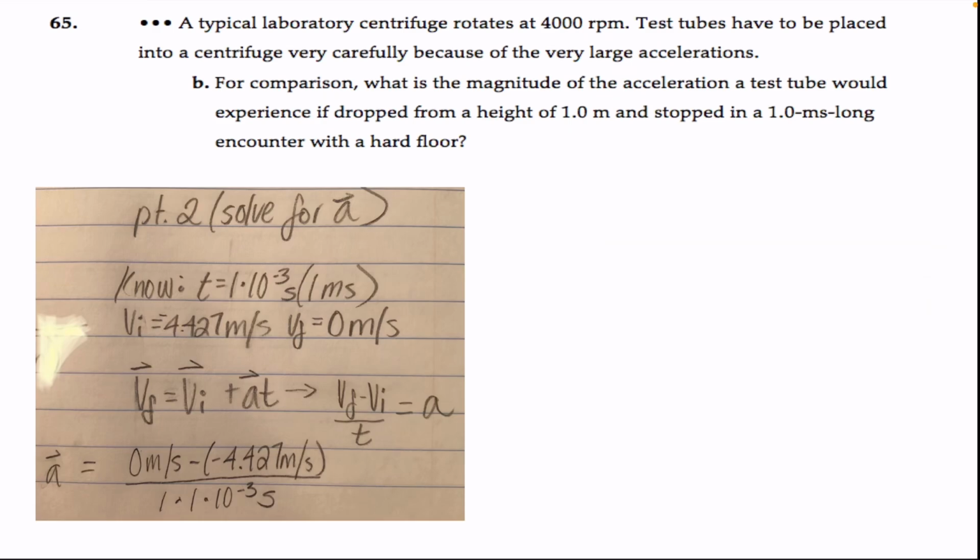So I used another one of the kinematics equations, v final equals v initial plus at, and then I isolated a. So it's now just going to be the change in the velocity over time. Then you can plug in the numbers, and you end up getting that the